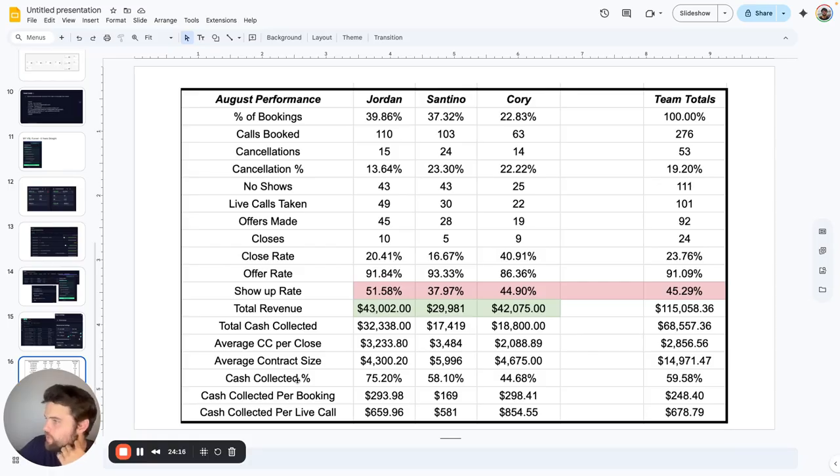Is that a skill issue? Is there anything that they could be doing to influence their show up rate and help them? Okay, a lot of times you're going to get lazy closers that just totally defer to the setters and think it's beneath them. But that's a very, very important metric, because even if somebody's a great closer, but they're letting all these deals slip through the cracks, so to speak, and they're not doing a good job, you're still paying